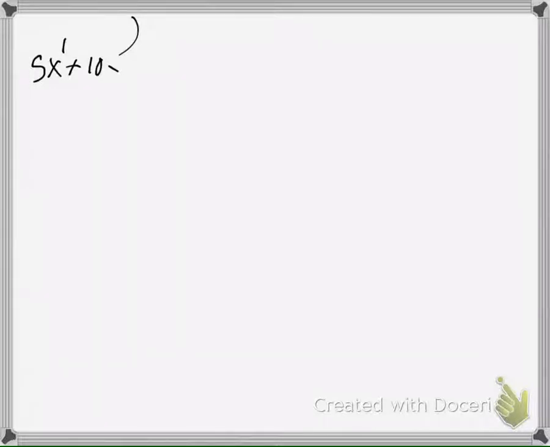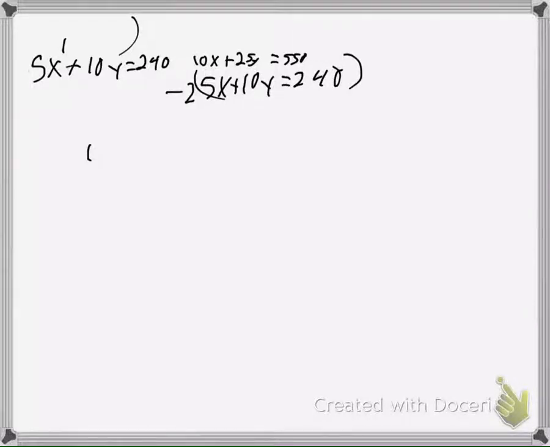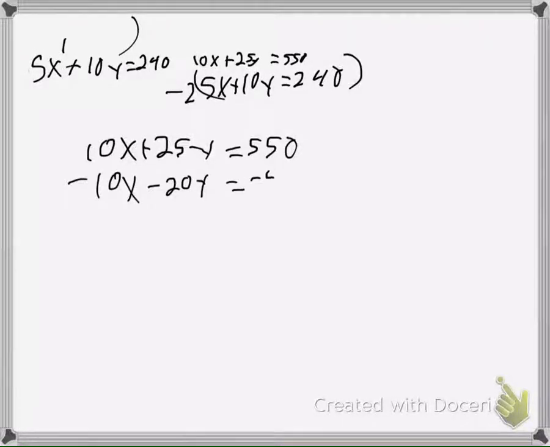So here we have our two equations. So we have 5x plus 10y equals 240, and 10x plus 25y equals 550. So what I'm going to do is multiply that top equation by negative 2. That's going to give me, so my bottom one is still 10x plus 25y equals 550. My top one is negative 10x minus 20y equals negative 480. Add those together, the 10x's cancel out. 25y minus 20y is 5y